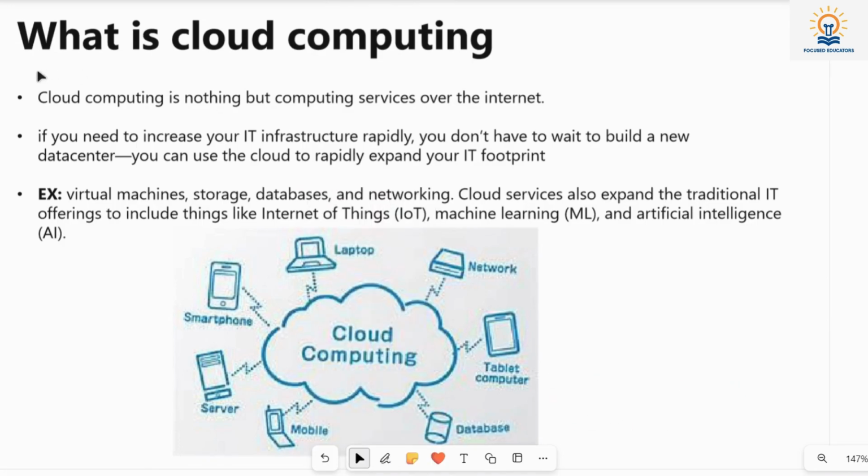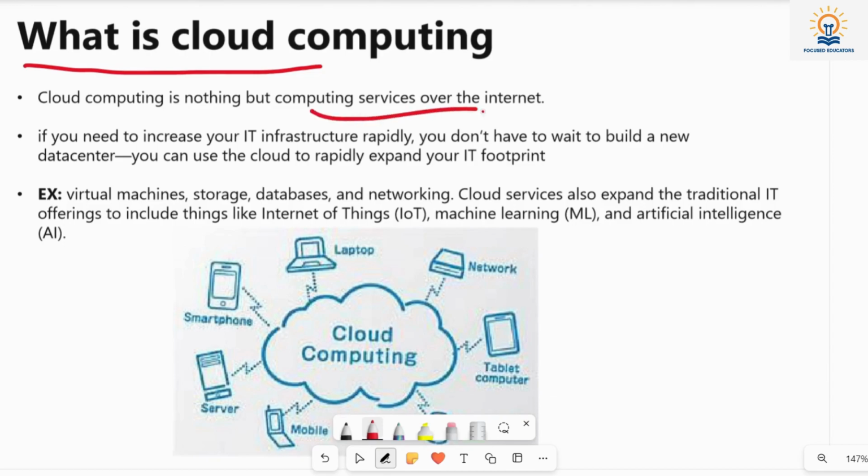So yeah, let us see what is cloud computing now. You can see here, cloud computing is just providing computing services over the internet, right? We saw that in the first video itself. So cloud computing is nothing but providing computing services over the internet. For example, now you are able to see the videos from